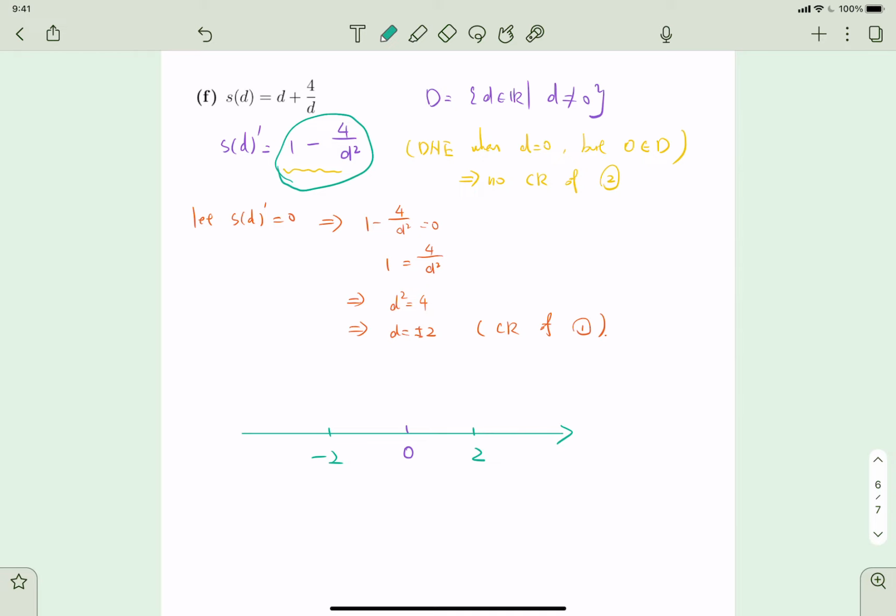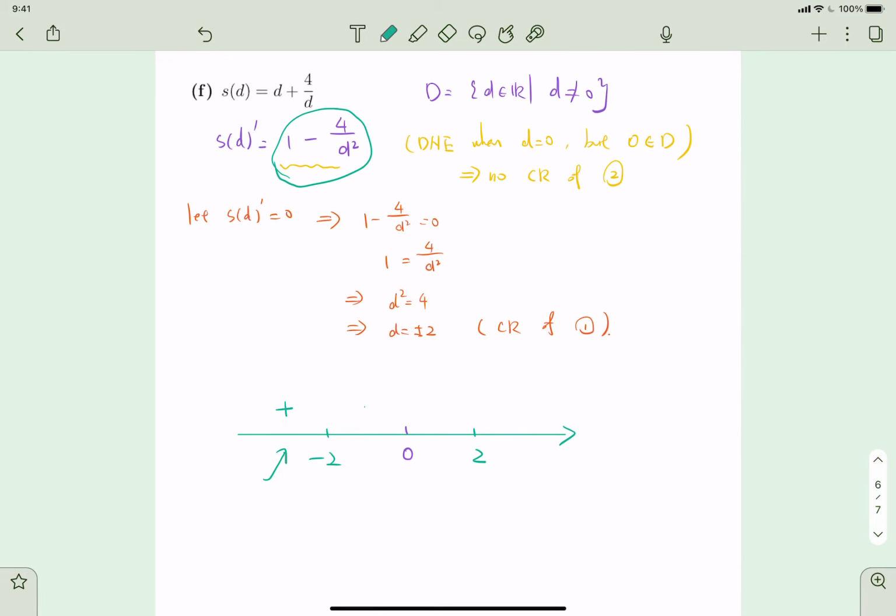So for example, plug in negative 3, right? And you see that this is going to be negative 3 squared, that is 9, right? 4 divided by 9 is 4 over 9, and 1 minus that is positive here, right? It's increasing, right? And also positive here, not positive there. So if it's greater than negative 2, that is going to be,